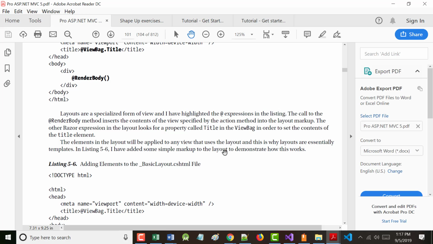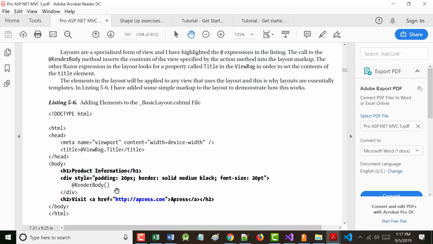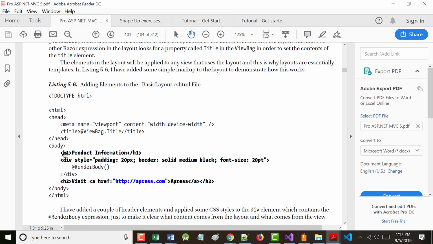So the author says, again, the elements in layout will be applied to any view that uses it. In 5.6, we've added some simple markup to the layout to demonstrate how this works. So in other words, what's in the body is going to change. Look on the screen, please. We're adding an H1 tag that's going to say product information. Then, rather than styling the div in the CSS, we're putting in some inline CSS.